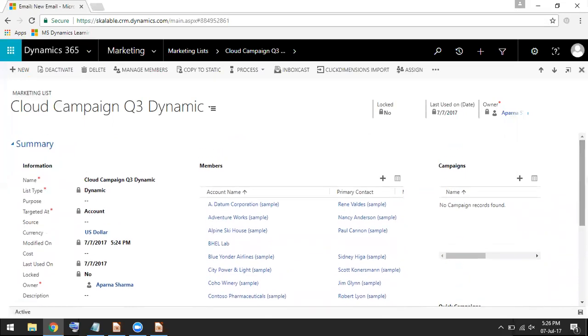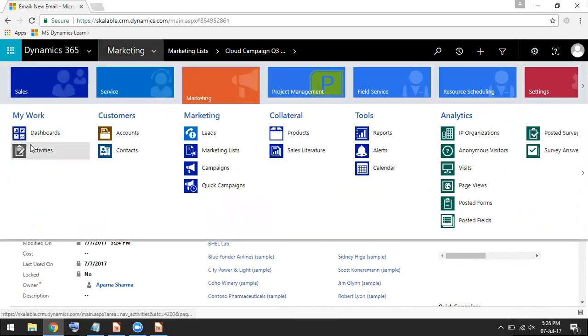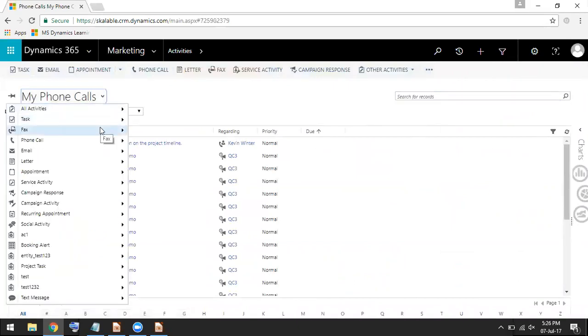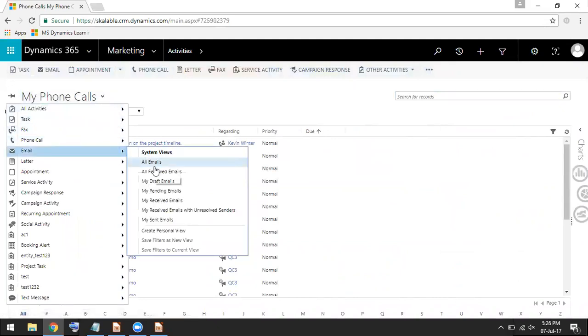To see the created activities against this campaign, again we have to go to the activities page. Right now we have to go to the email part. Email, all emails.